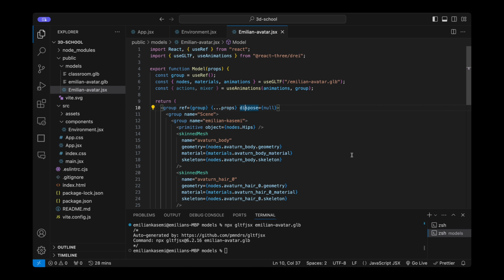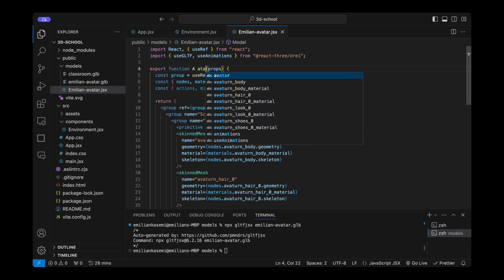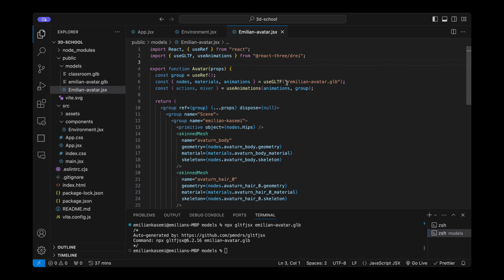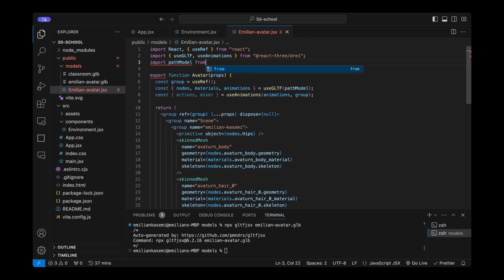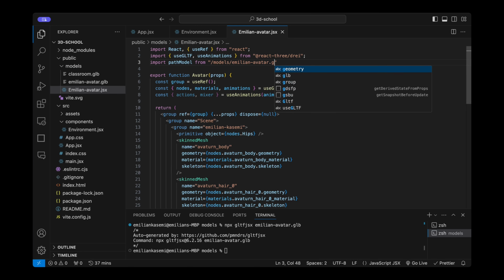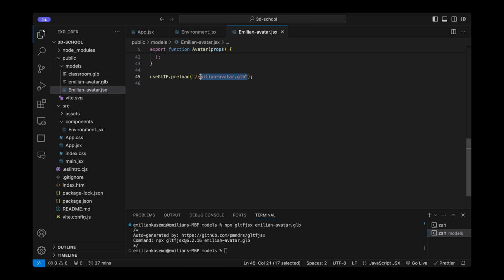Okay, now let's fix and import this new component into our environment. So rename it from Model to Avatar. But first, we should do something here. Change this path directly, and we will add a variable for that. So pathModel, and here import pathModel from models/avatar.glb. Also here in the preload,